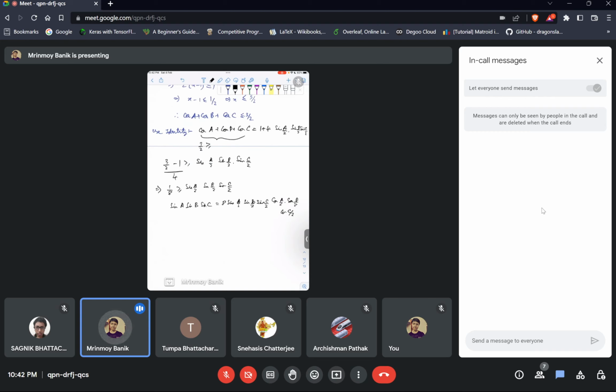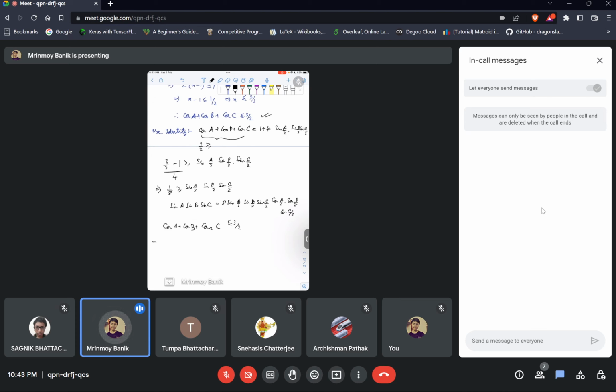So to find an upper bound, we can represent cos A by 2 plus cos B by 2 plus cos C by 2. Or since we already have this, we can say cos A plus cos B plus cos C is